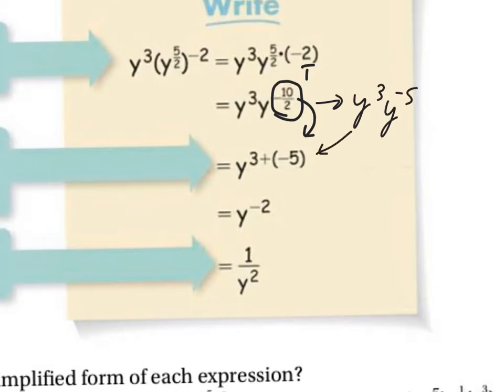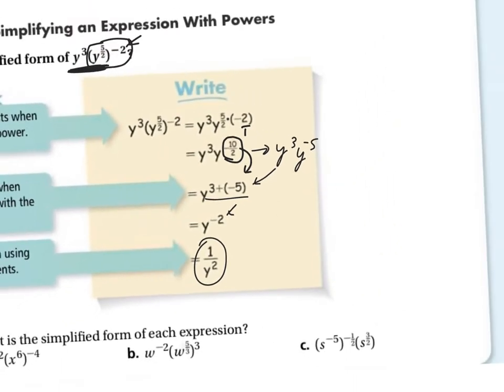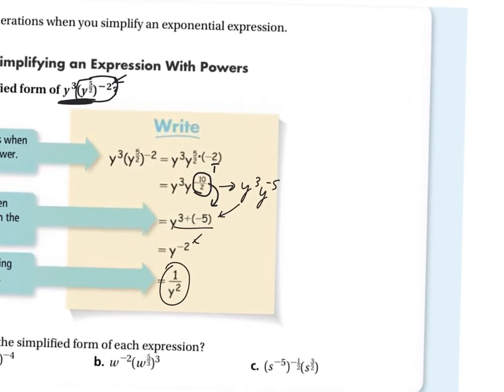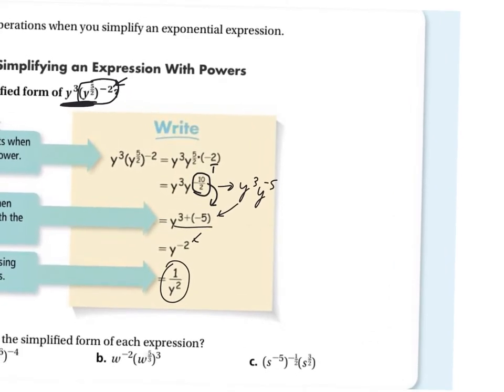At that point, we're multiplying like bases, which means you can add the exponents, so 3 plus -5, and you can skip over this step if you want to, would be y to the -2nd power. We don't want a negative exponent in our answer, so that would be 1 over y squared. If you were looking for a different route to do this, your other option would be that you could